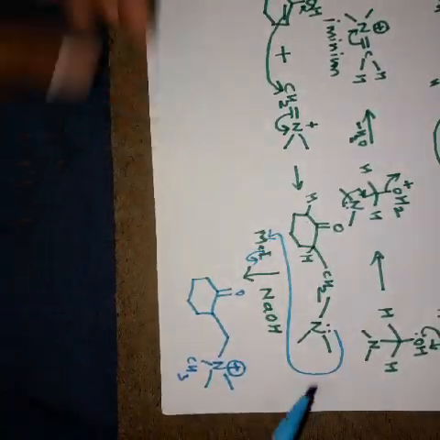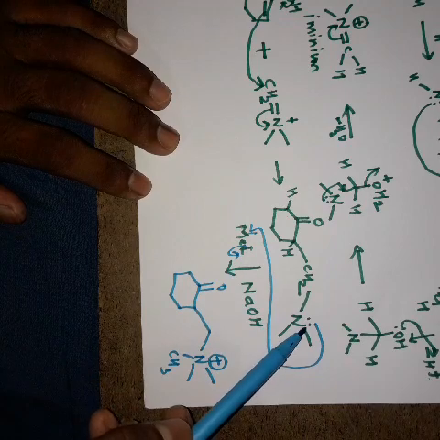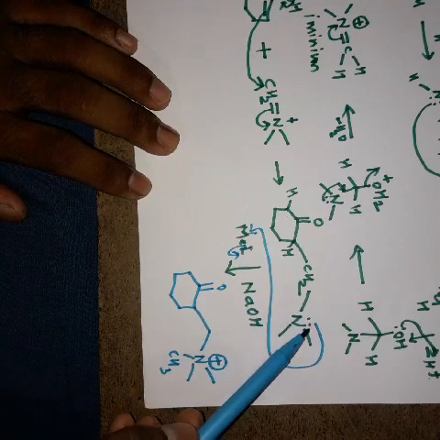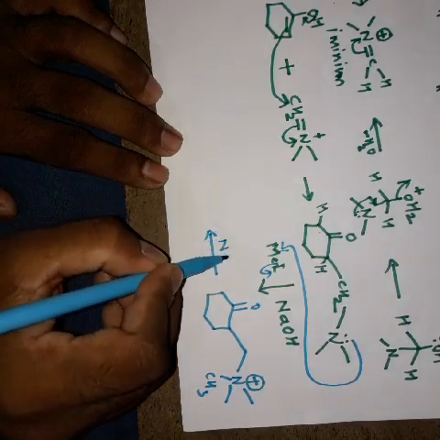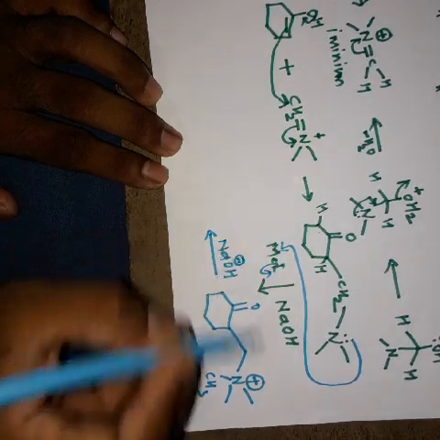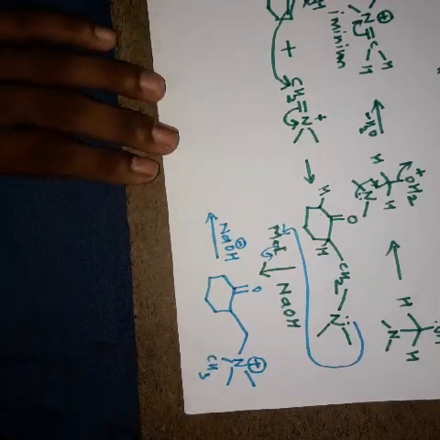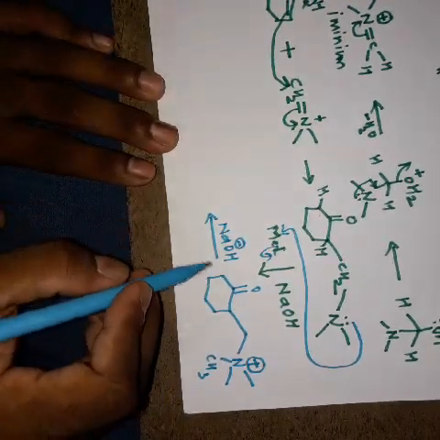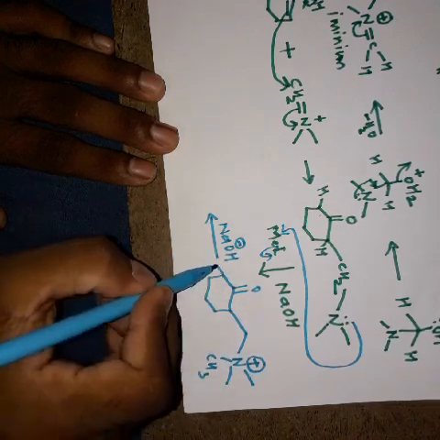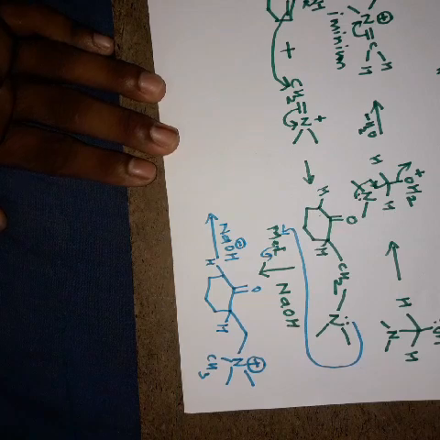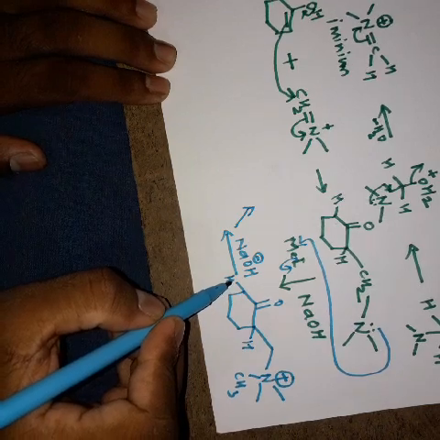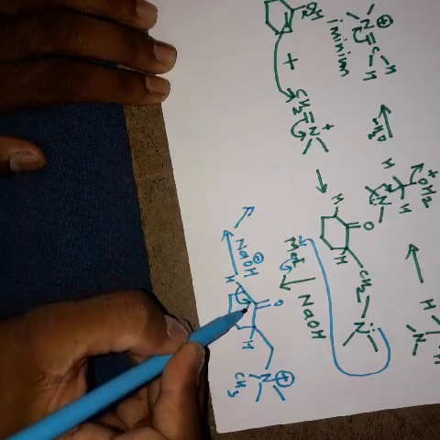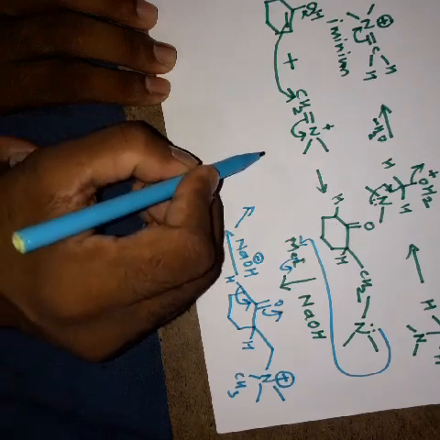So now I believe you must have understood why the lone pair of nitrogen reacted first, and why not NaOH: because this is a lone pair of electrons, it is free to react. And then after this we can have NaOH. Now this NaOH, in which the hydroxide ion is there, because it is a base, will abstract the acidic hydrogen, and we have two cases, one hydrogen is here, one hydrogen is here. Let us write both the cases and see what happens. If this hydrogen is abstracted, this will go inside and become an enolate like this.